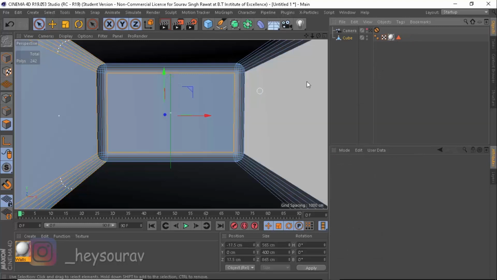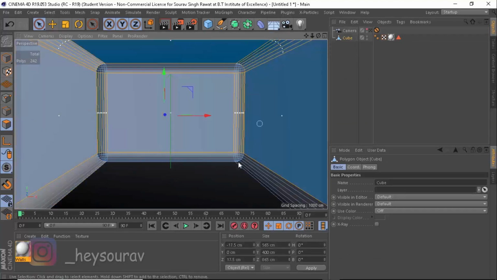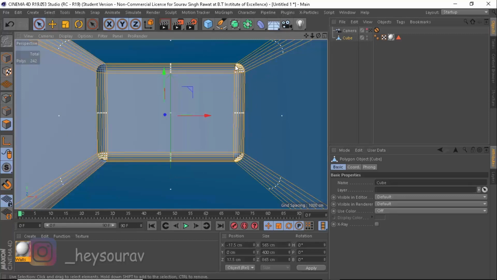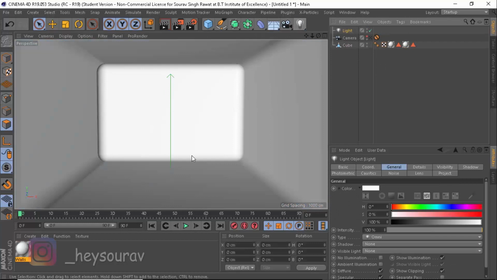I can remove this for a while, and now I can literally just go ahead and select all of this cube, and I can apply. That was just for an idea. If you guys were thinking why I did that long stuff, it was just for an idea to show what we're doing here. Now apply this wall stuff to everything, and if you go ahead and create a light here,